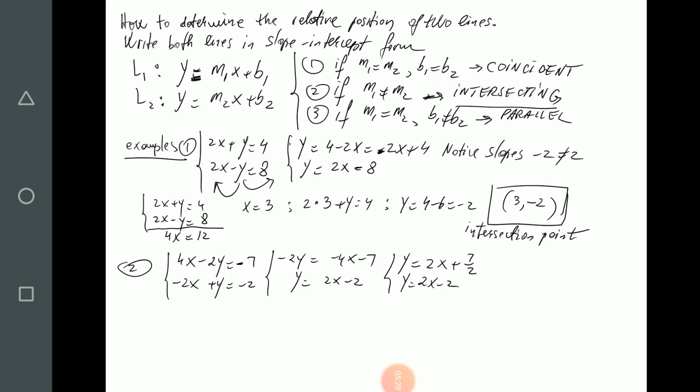Now notice the slopes are the same. 2 equals 2. But the intercepts, the y-intercepts to be more precise, are distinct. 7 over 2 is not equal to minus 2, which means the lines are parallel. So indeed, if we are to sketch them,